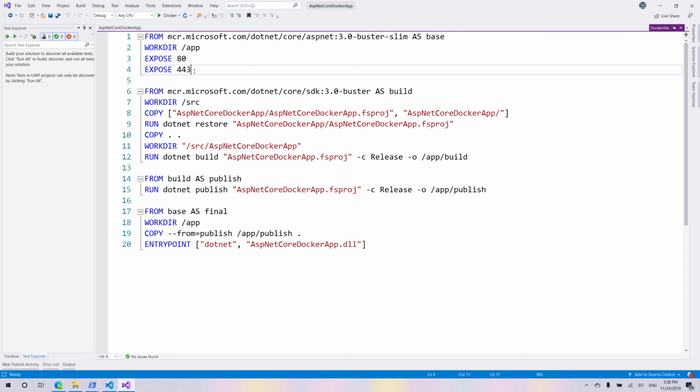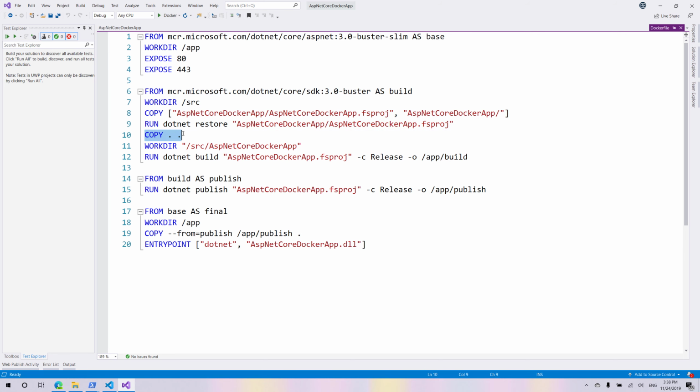And because we're going to do a build, as we did in our earlier discussion, I'm going to do a build in here with a different image this time. As you can see, it is actually looking for a Microsoft NetCore SDK of 3.0 Buster. So this is an ASP.NET Core 3.0 Buster Slim, whereas this is an SDK itself. So it's basically getting an SDK, and then it's going to create a working directory, and then it's going to copy the particular project into this particular folder location,